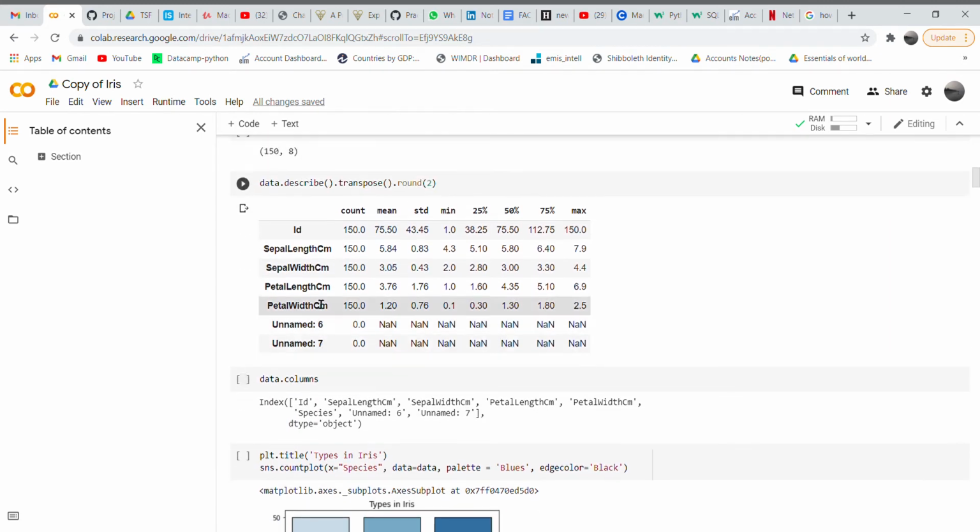And we have also taken a descriptive analysis, where the mean, standard deviation, and the box plot values, that is minimum, that is 0%, 25%, 50%, as well as 75%, and the max also.